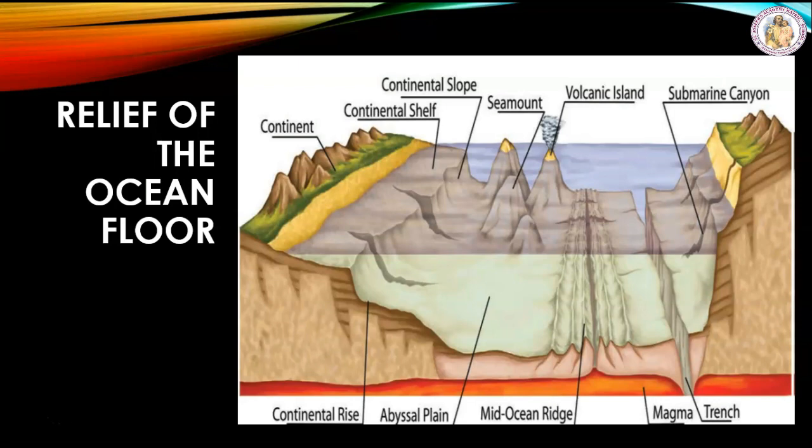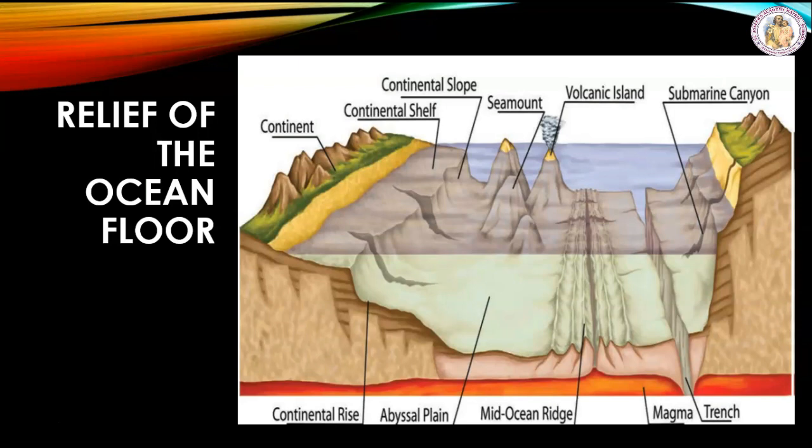Continental rise. At the base of the continental slope is the gently sloping layers of sediments which merge into the deep sea floor. This underwater feature found between continental slope and abyssal plains is called the continental rise. It contains submarine sands which are similar to the alluvial sands found on land.